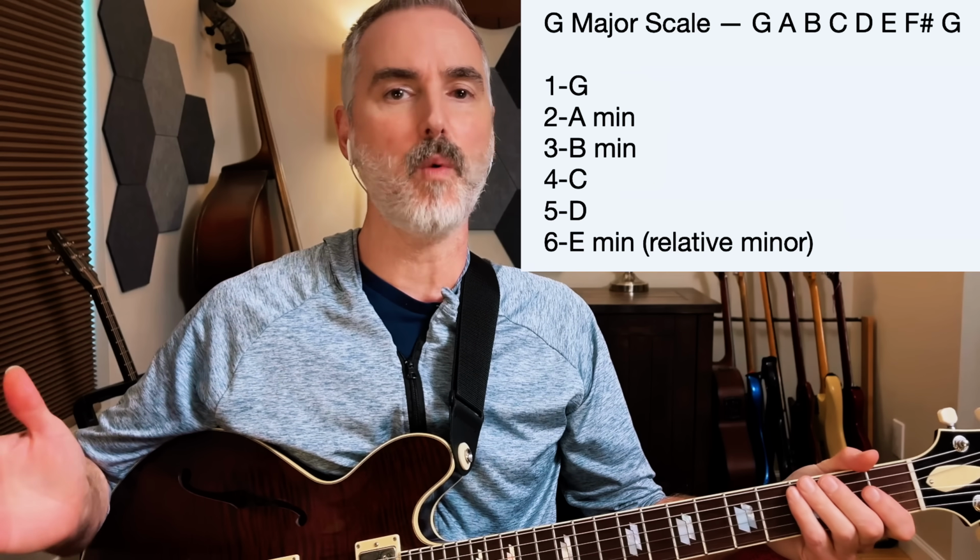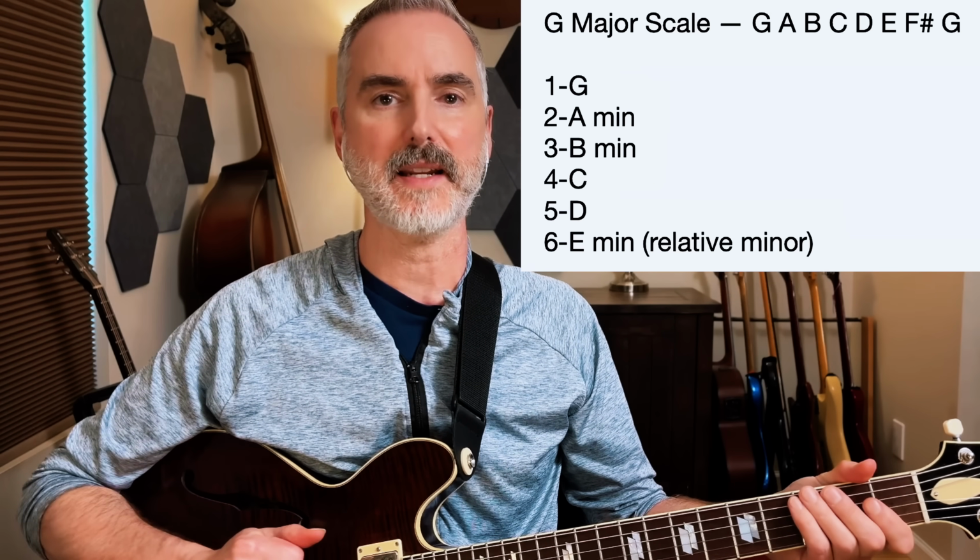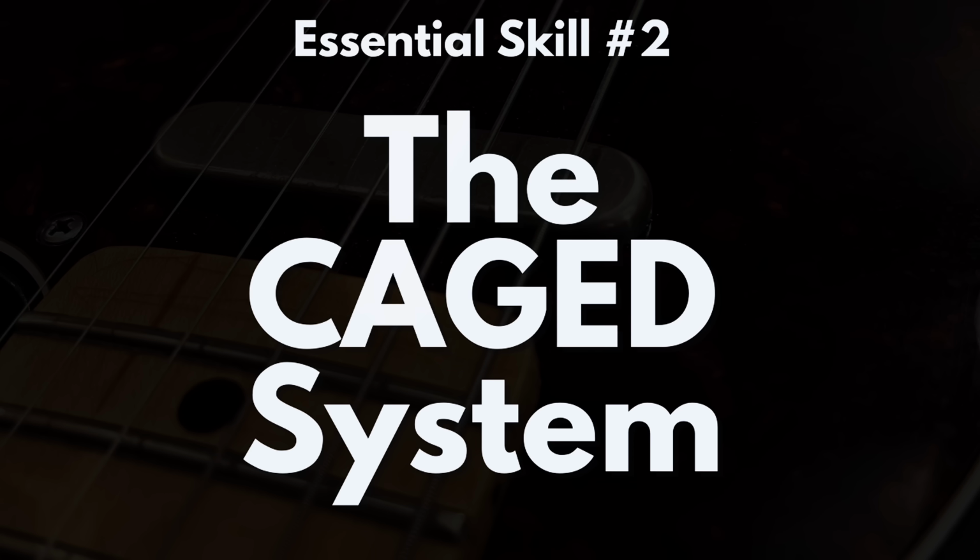So that's it. Step 1 is done. Now we have the framework for a song built from the chords in that key. So step 2 is adding a second layer using the CAGED system. So now we're going to craft a second rhythm guitar part by using the CAGED system, or using my simplified